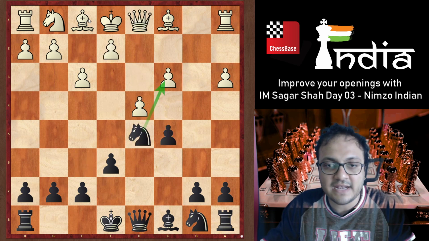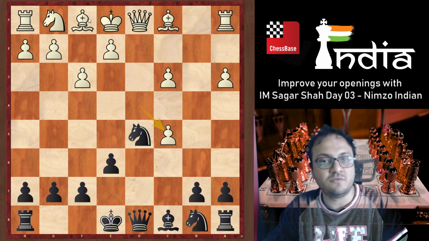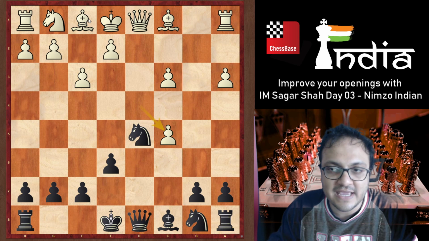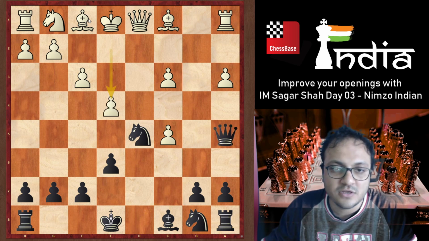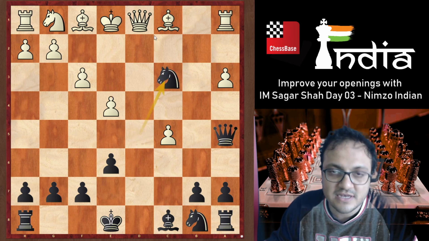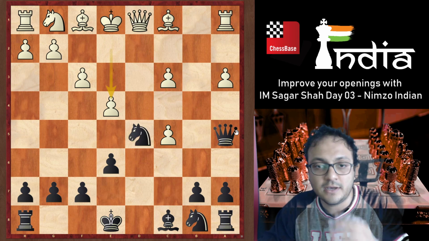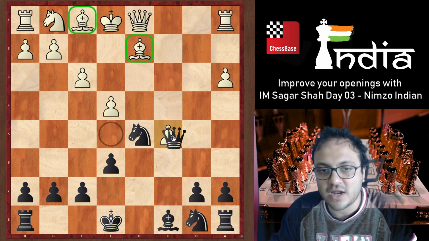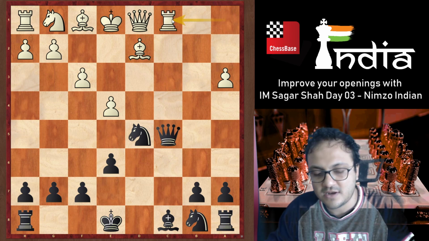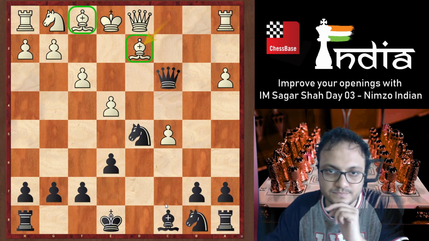So therefore white actually first takes on c5. There's no other good move in the position. So he takes, and you play queen f5, and now he plays e4. So if you take knight c3, there is always queen d2, which creates a lot of problems. And if you take queen c3, then after bd2, once again you can't take here, rook c1, and you lose the bishop.